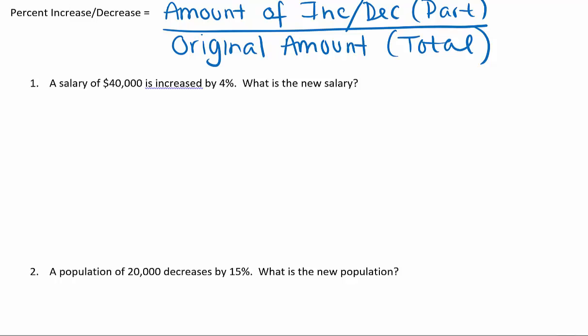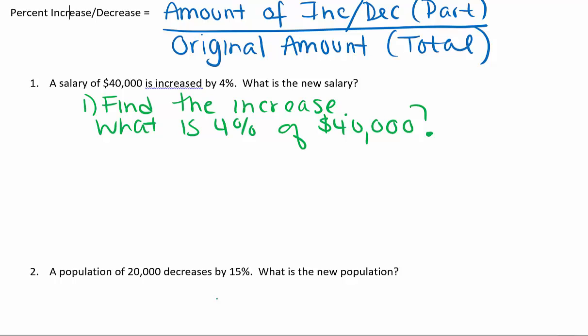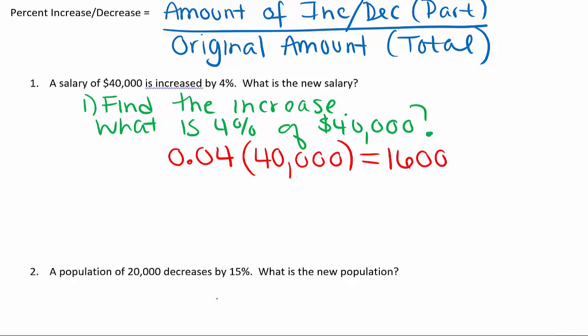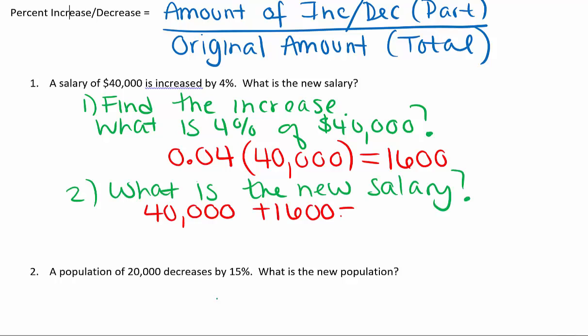So a salary of $40,000 is increased by 4%. What is the new salary? So the first thing we have to do is find the amount of the increase. What is 4% of 40,000? To do that, we can take our 4%, write it as a decimal, and then multiply it by the 40,000. That gives me $1,600. So in this problem, this person's getting a $1,600 raise. So then the next thing we have to do is figure out, well, what is the new salary? So we'll take the 40,000, add the 1,600, and that gives me